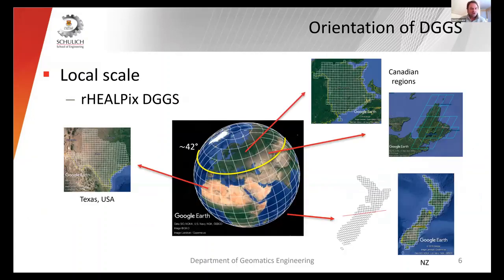So this slide just tries to highlight some of those options. For example, Texas falls in the equatorial region. So here we have the nice property that all quad cells are bounded by 2 parallels and 2 meridians. However, in the North Polar region, for example, where Canada lies, we would have this situation where some regions may be covered by quad cells that are north-south aligned, whereas other regions are still covered by quad cells, but they would be slanted to some degree.